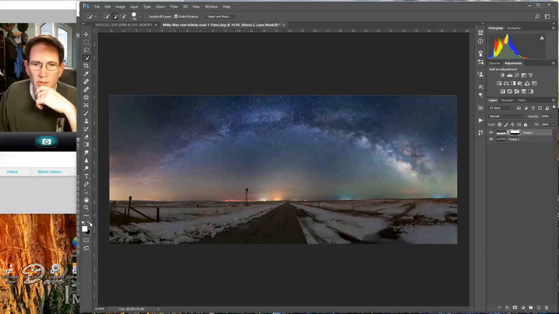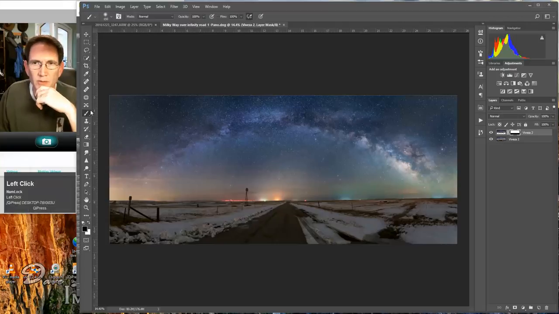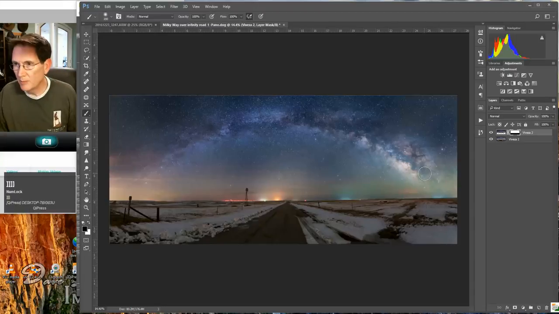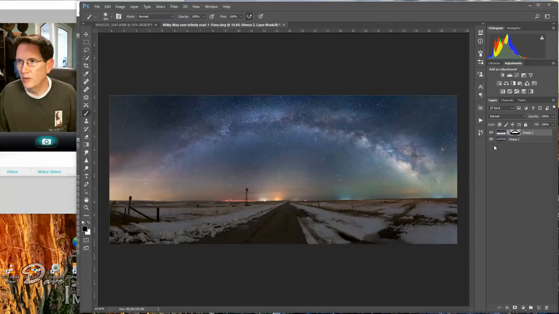And I'm going to switch my brush colors here. As soon as you create a mask, your brush colors automatically go to black and white. I'm going to create my brush right here. I have an opacity of 100 and a flow of 100. I'm going to make my brush about the size of the Milky Way, and I'm going to paint the Milky Way right there. And what that did is it's saying all the adjustments I just made there will not affect